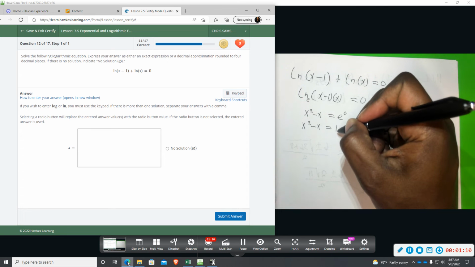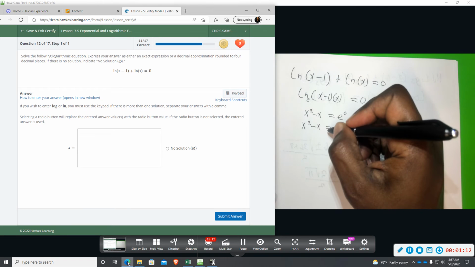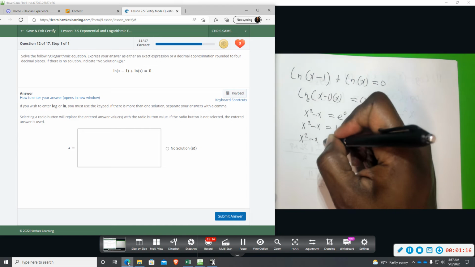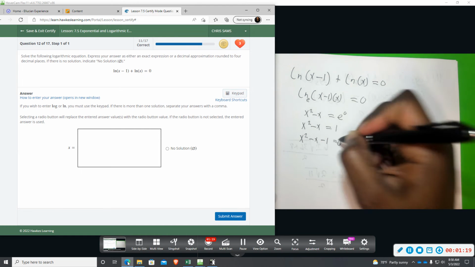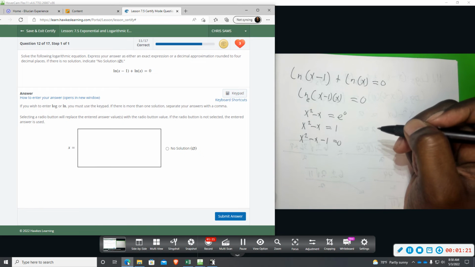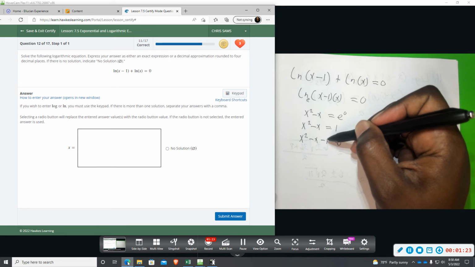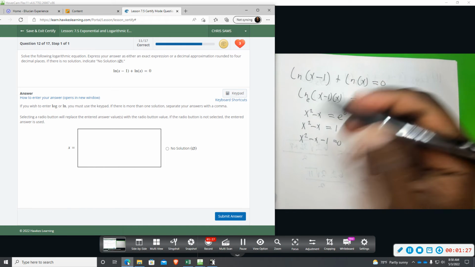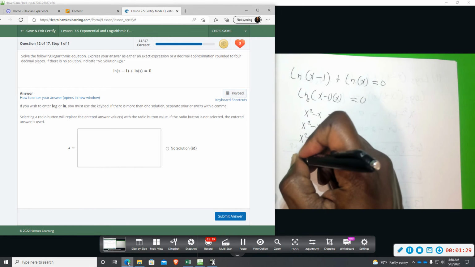And then we have a quadratic, so we're just going to subtract and move this term over, and that will give us x squared minus x minus 1 equals 0. And then we can't factor, so we'll do the quadratic formula, which will give us